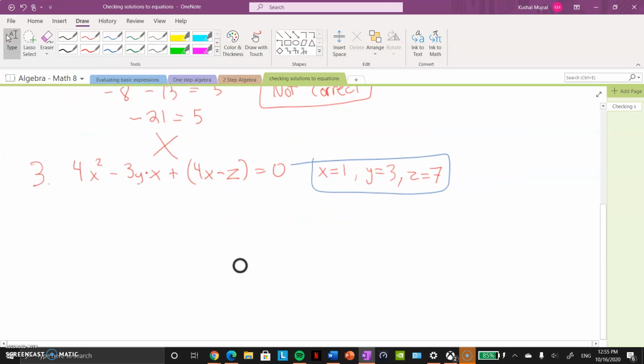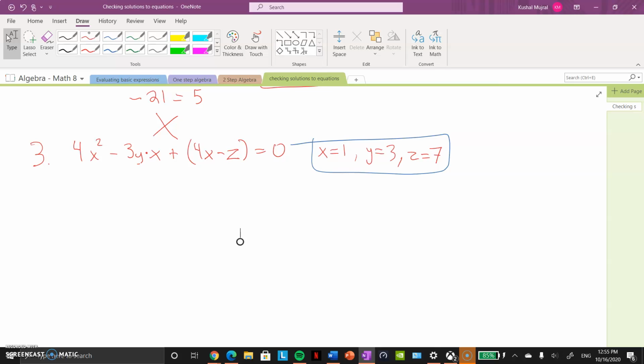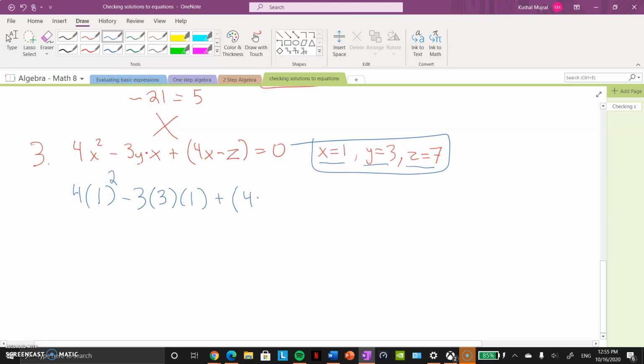Okay, so I will take x over here, 4 times x equals 1, so I can just plug in 1 directly, squared, minus 3 times y equals 3, x equals 1, I'm taking these right from here, plus bracket 4, x equals 1, minus, and z equals 7,